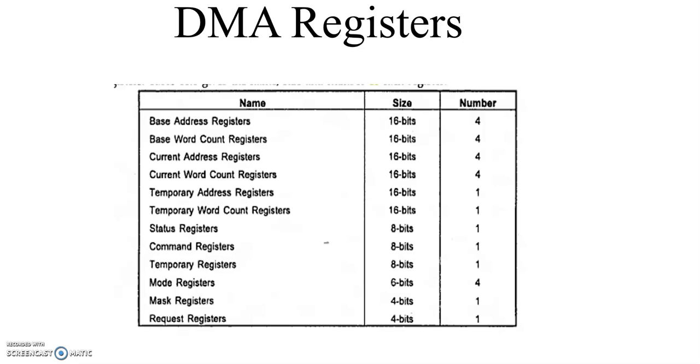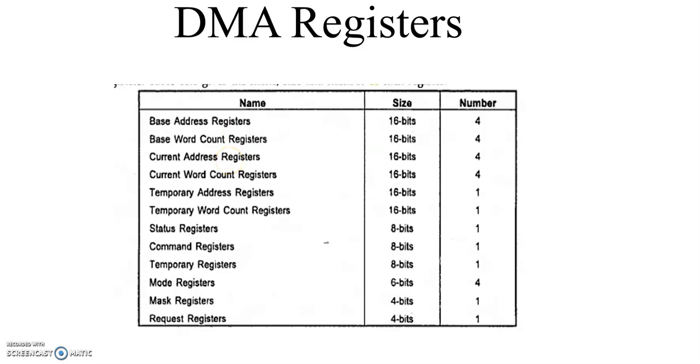The mode register tells us in which mode of operation the channels are going to operate. The mask register tells which channels are enabled and which channels are disabled. The request register tells the DMA request.